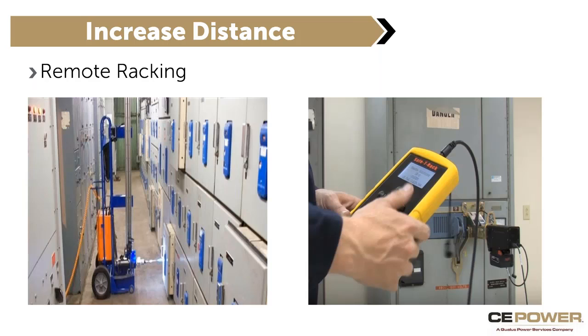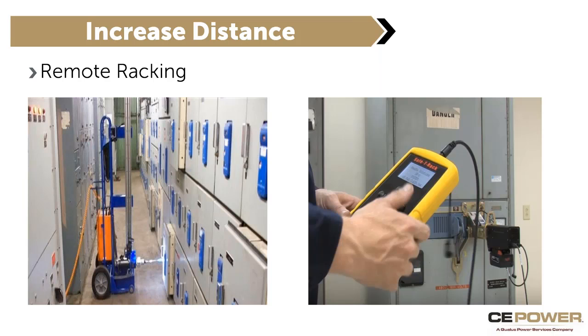Remote racking is a real simple one. So we're taking some kind of device, whether it be a rack, as you see on the left, that rolls up to the switchgear, or on the right, this is a pendant mounted, so it's got shoulder bolts on the switchgear, mounts on the gear itself, and you tether away 25, 50, 100 feet away, and you can actually rack the breaker in, or the contactor in and off the bus from a remote location,